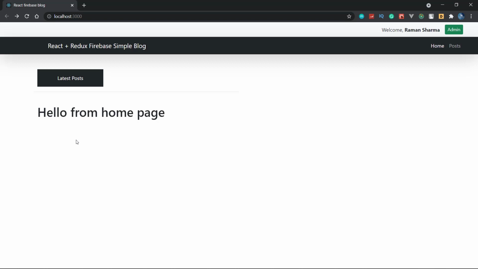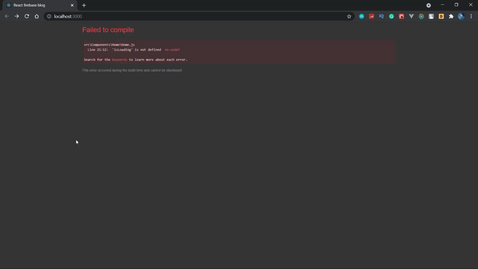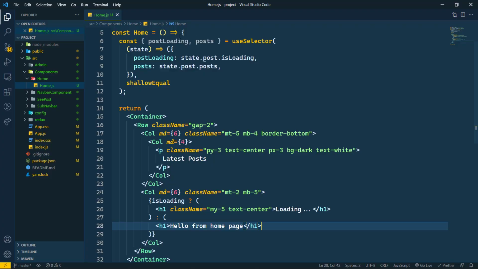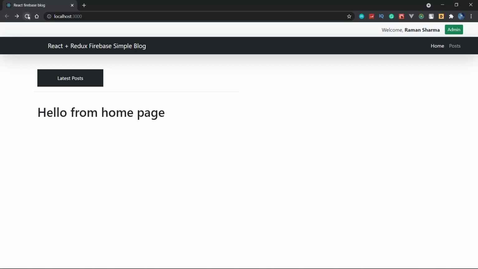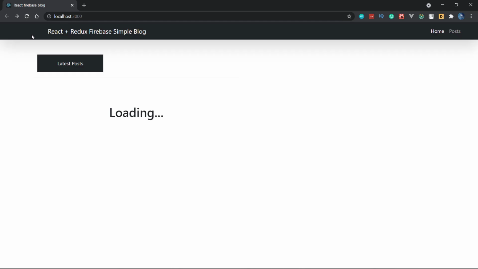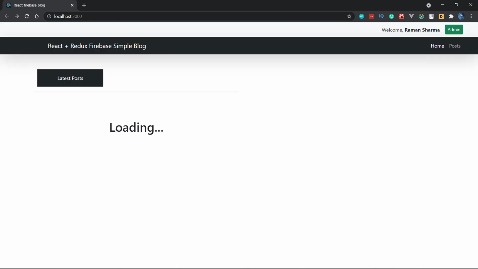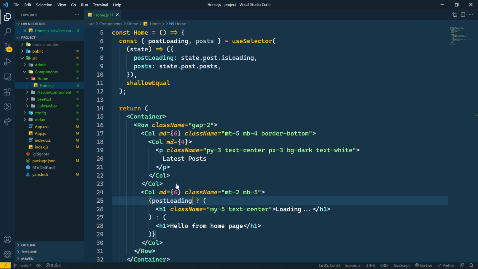See that isLoading is not defined. Sorry, here should be postLoading. Save this. When I refresh, we are getting Loading here. When loading is over, the posts have been fetched, so we are getting hello from home page.